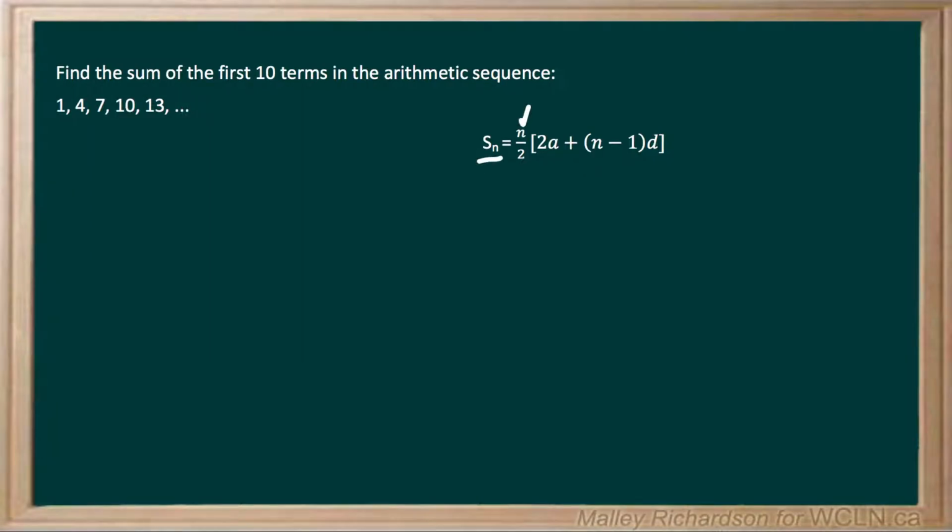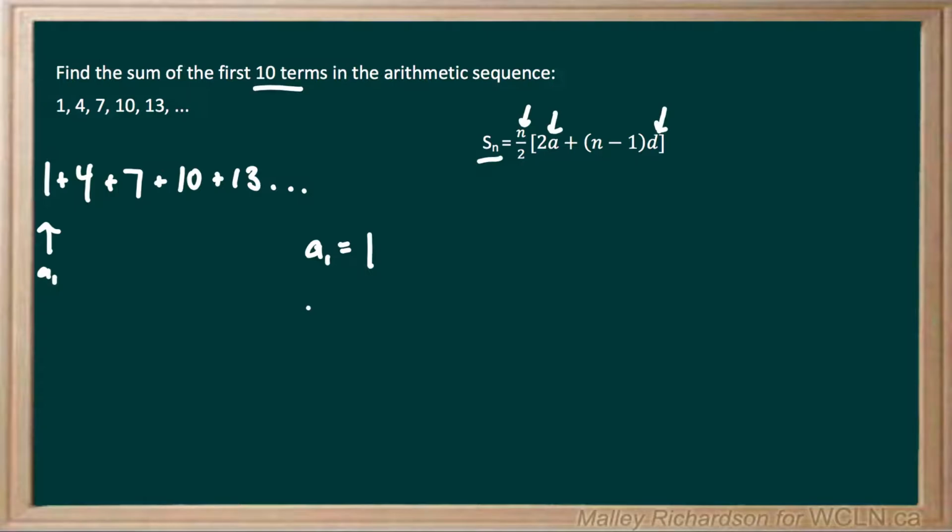So we need to know n, a1, and d to solve for S of n. So looking at our series below, we can easily change this into a sequence by simply adding a plus sign in between each number. So looking at the sequence, we know that our first term is a1. So we know that a1 is going to equal 1. We know that n is the number of terms that we are solving for, and in our question it says the first 10 terms. So that means n is going to equal 10,